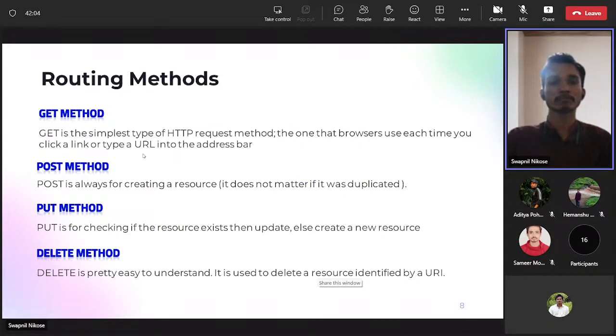The GET method is simple. When we are retrieving data from the server, that's when we need to use the GET method. And when we are creating data on the server, that's when we use the POST method. When we are updating or retrieving some data, we use the PUT method. In the PUT method, if our data exists, that data will be updated, otherwise